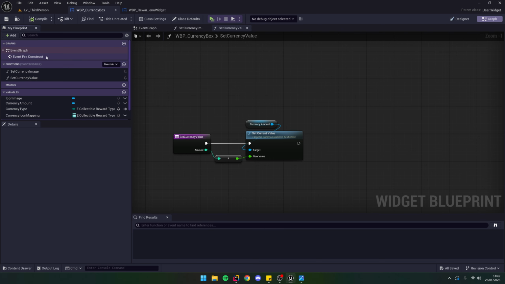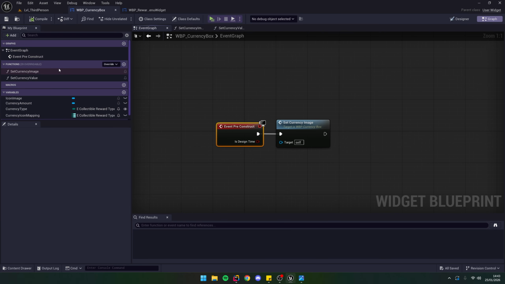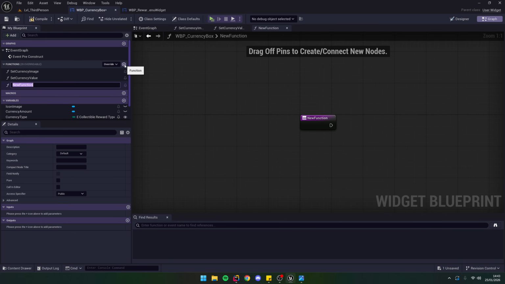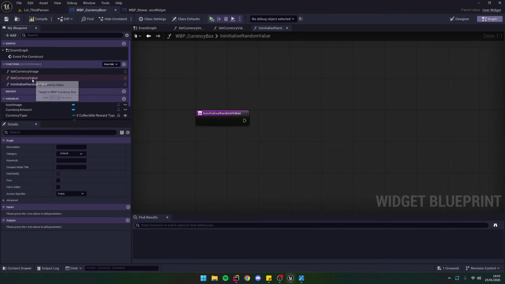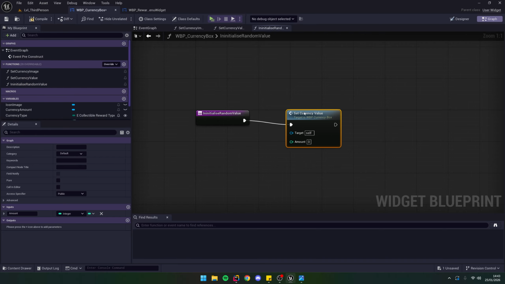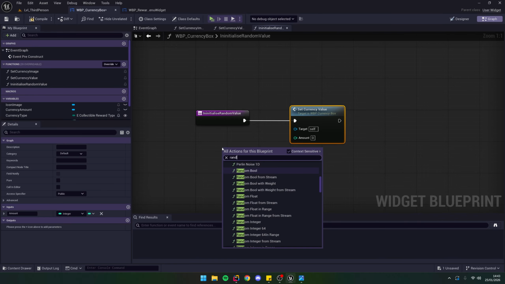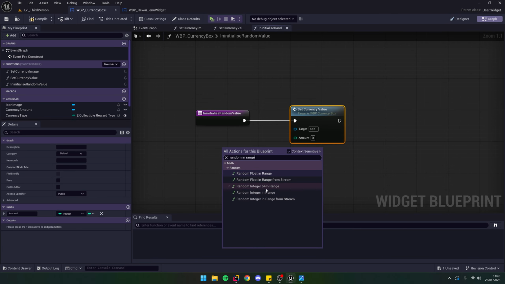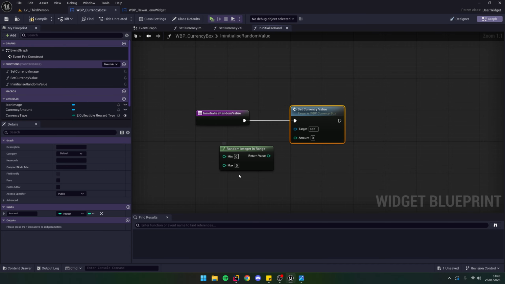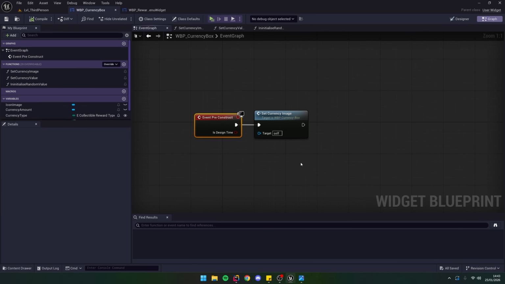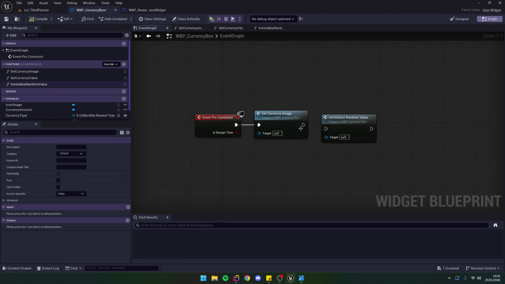Just to make things a bit more interesting, I will initialize these widgets with a randomized value. So I will create another function to just give those a random value in a range. We'll call this initialize random values, and I'm going to call my set currency value with random in range, and it will be a random integer in range. And we can choose a minimum and a maximum. In my case, I will put the minimum as 10 and the maximum as 100 and pass the random value into my widget. Now in the pre-construct, after we set the currency image, we can initialize with a random value